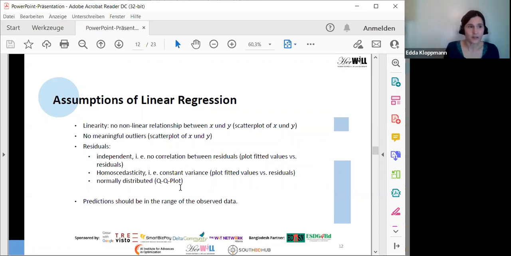If you see a non-linear pattern, then you should not use linear regression, but whatever is suitable then. The best way to check this is a scatter plot,